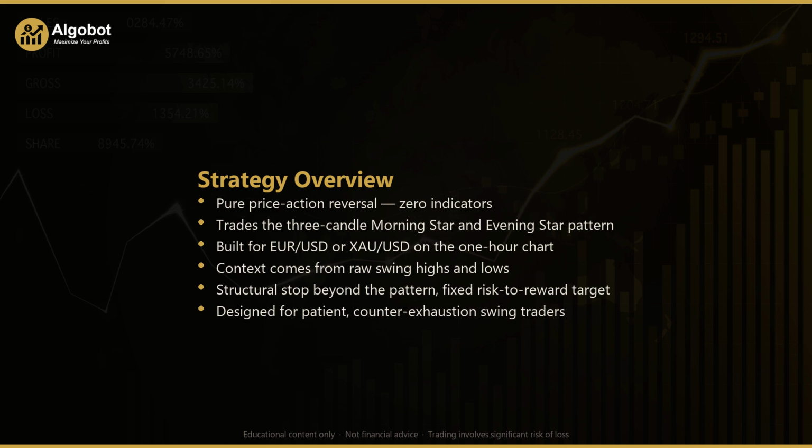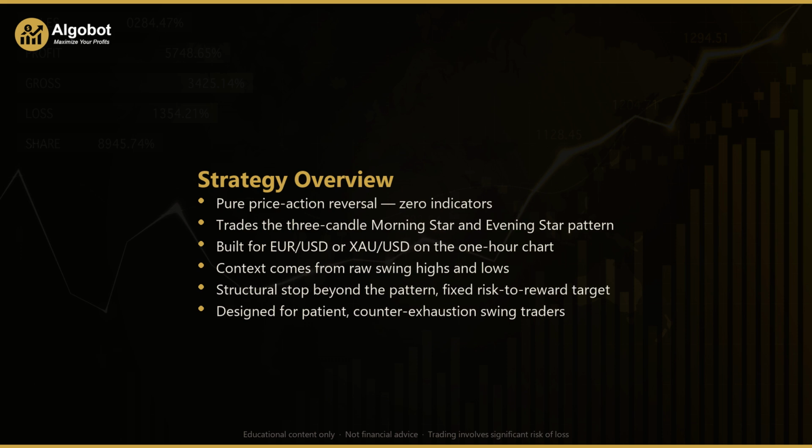The pattern it hunts for is the classic three-candle star. In a healthy market move, you often see a strong push, then a pause, then a reversal. The morning star captures that at a bottom, and the evening star captures it at a top. The strategy treats this pattern as especially reliable because confirmation is baked right into it. You get an exhaustion candle, then a small indecision candle called the star, then a commitment candle pushing back the